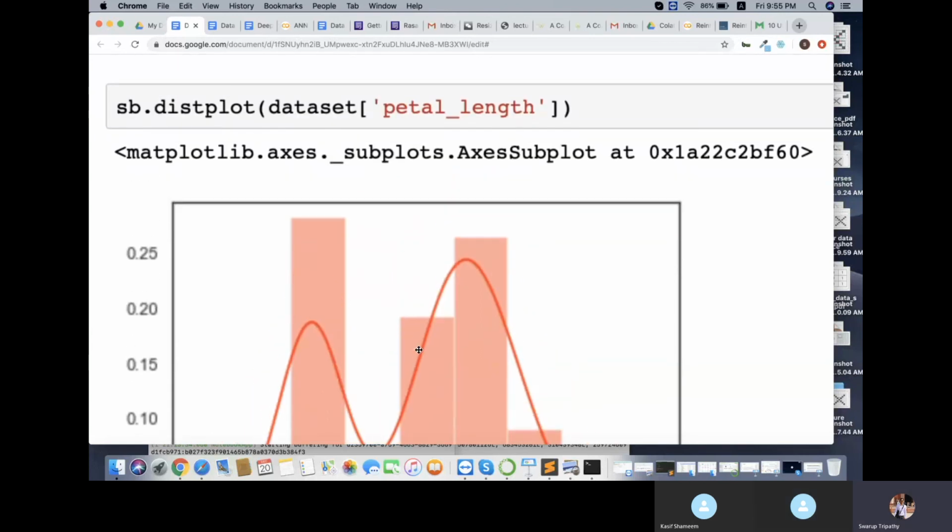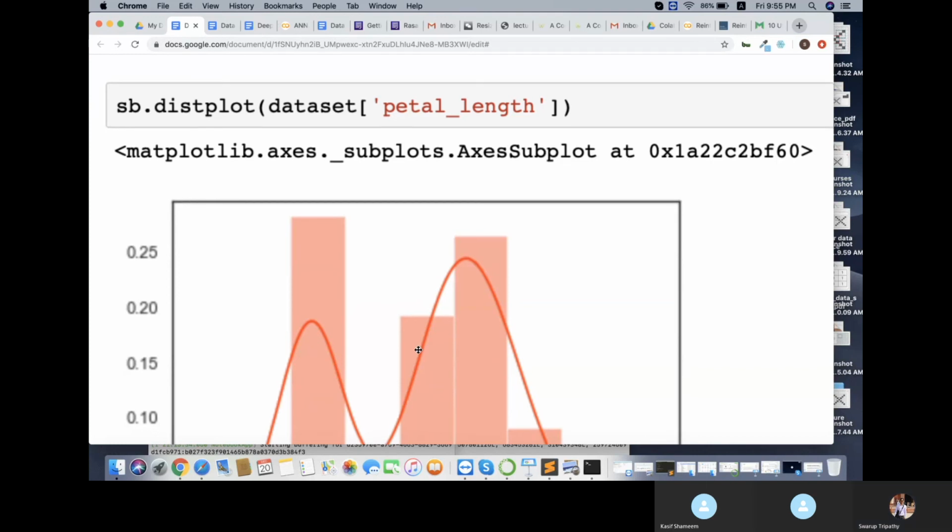In an interview, they ask you which kind of plot you use for univariate distribution. Univariate distribution means a single variable which is continuous. You can answer that we can use histogram using Matplotlib. Also you can tell that using Seaborn we can plot it using distplot. There is something called distribution plot in Seaborn where it shows you histogram as well as the density of the data. Okay, getting?